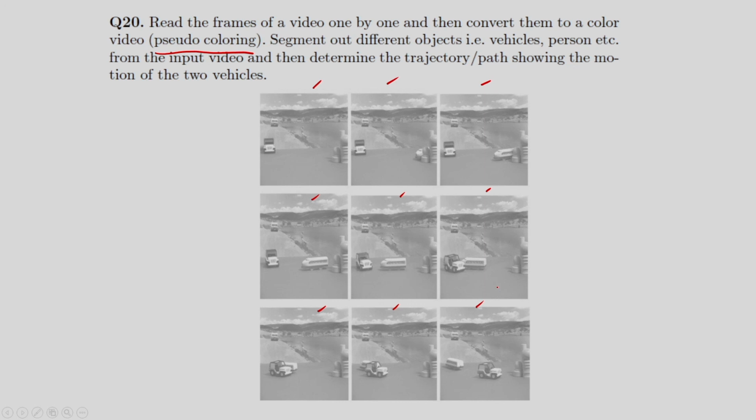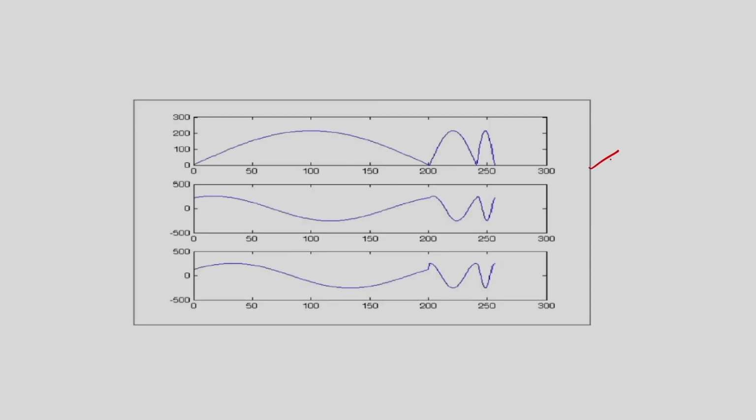So simply you can apply the scene detection algorithm for determining the moving objects, or maybe you can apply the optical flow algorithm or any other algorithms you can apply. But the simple one is the scene detection algorithm to determine the moving objects. And the pseudo coloring concept can be used to convert the black and white image into color image, the grayscale image into color image. So I am applying the pseudo coloring principle, and you can see the outputs. So I am converting the grayscale image into color images.